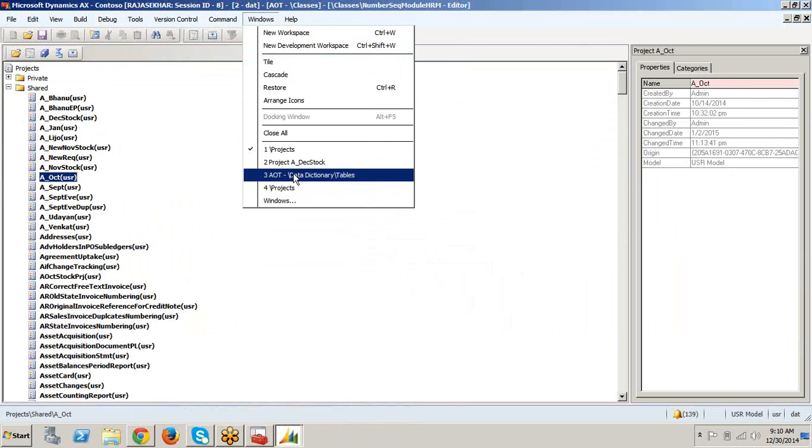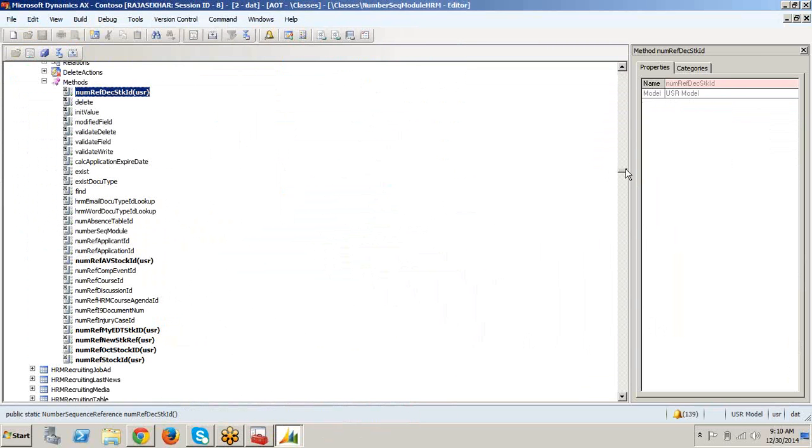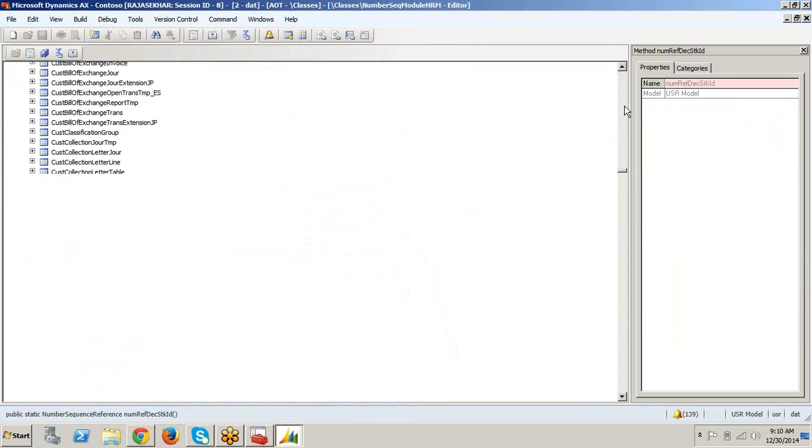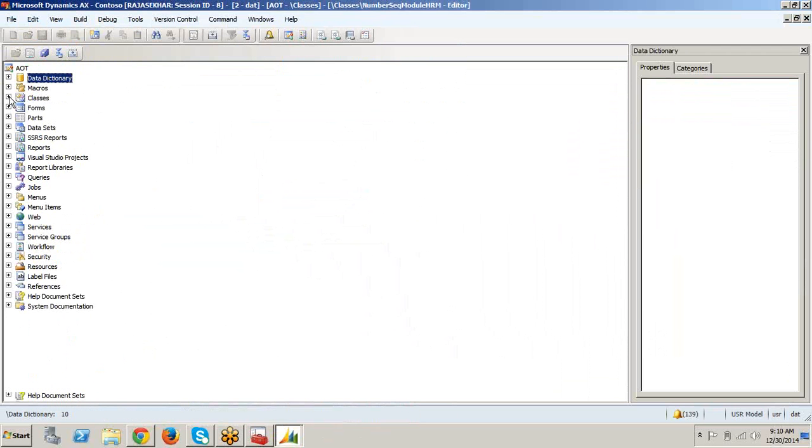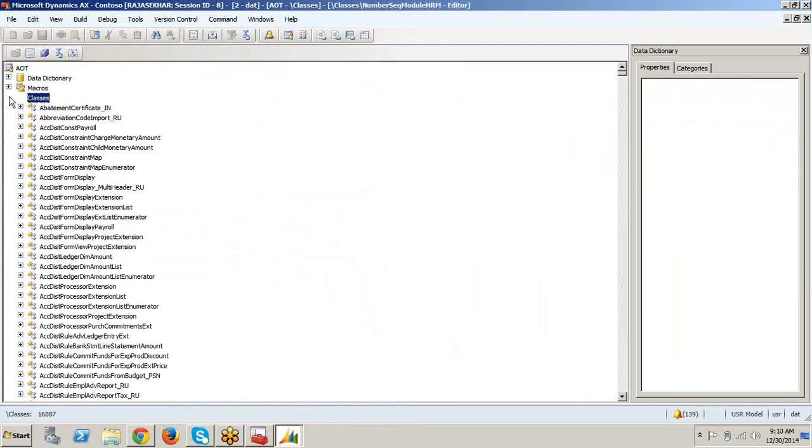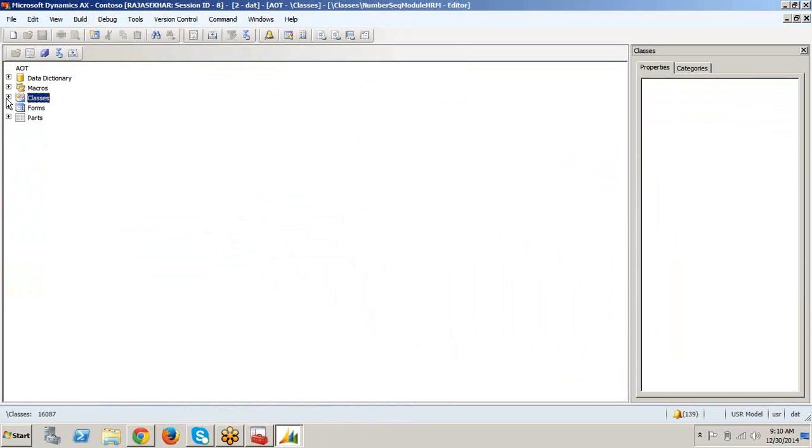human resources. In the human resources, go to the classes. In the classes, create a new entry in the load module. The number sequence module, load module method, you create a new entry for the number sequence, and then go to the tables.